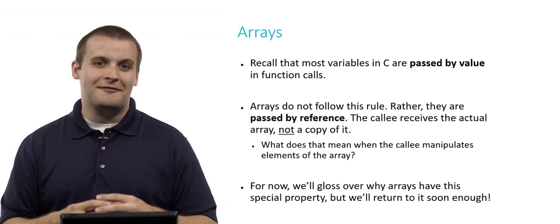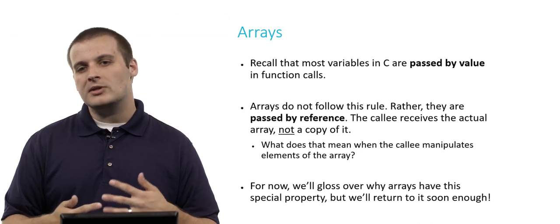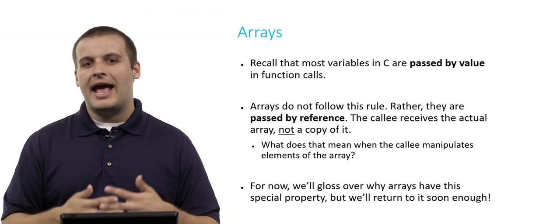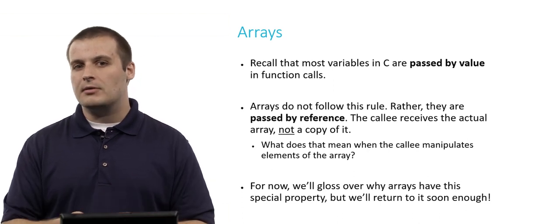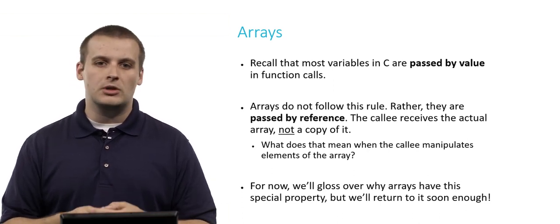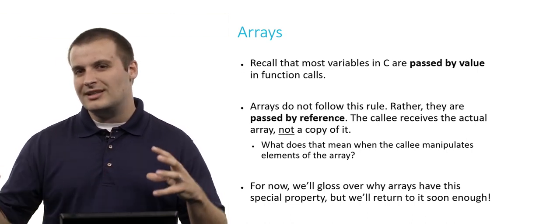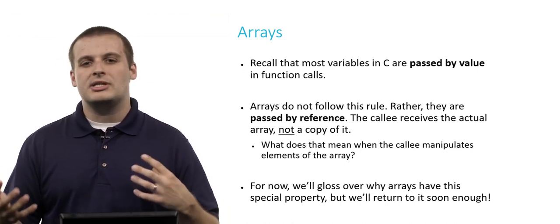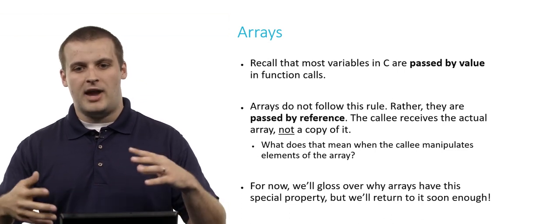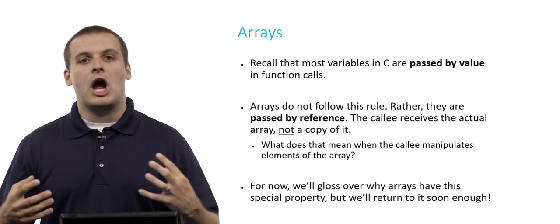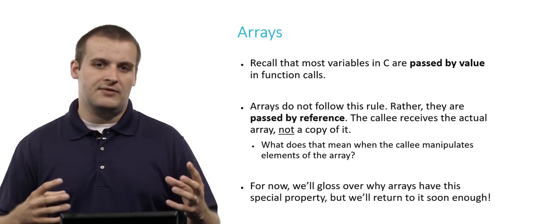Arrays, of course, do not follow this rule. Rather, what we call this is passing by reference. The callee actually does receive the array. It does not receive its own local copy of it. And if you think about it, this kind of makes sense. If arrays are really large, it takes so much time and effort to make a copy of an array of 100 or 1,000 or 10,000 elements